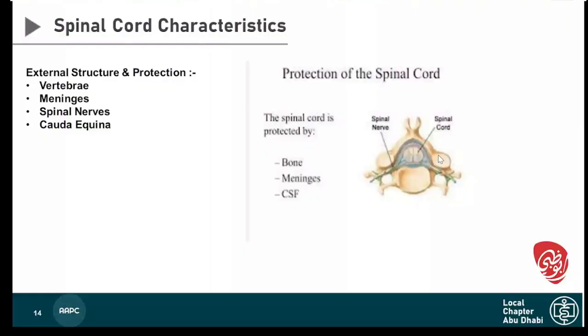Understood? In between the vertebrae, there is a space through which the spinal nerve exits. That is what we have discussed. So